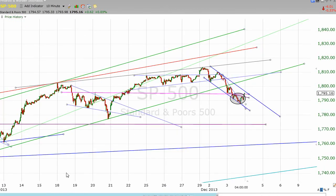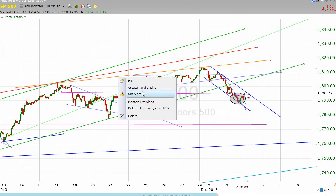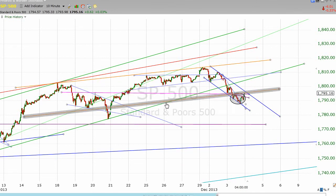And finally, there's just one more thing I want to show you just for your consideration. And I'm not saying that this is necessarily an important feature, but it is worth pointing out. If we look at the line drawn over our last two, call them short-term tops, back on the 18th and again on the 29th, and we've drawn a line here, we'll make it orange because we've gotten rid of our orange line. And then we make a parallel line. I just think it's interesting to note